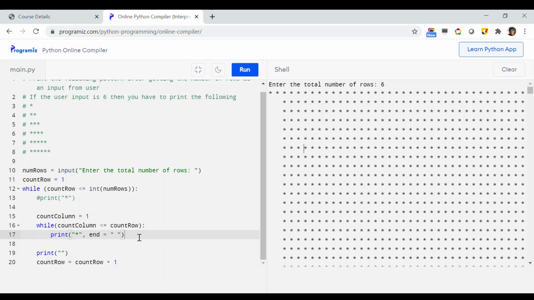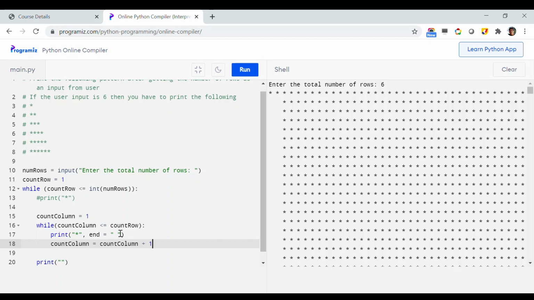So somewhere I have forgotten something in my program. What did I forget? Well, if you check the second while loop, the nested one, I forgot to increment the count column. So if I just increment the count column by 1,